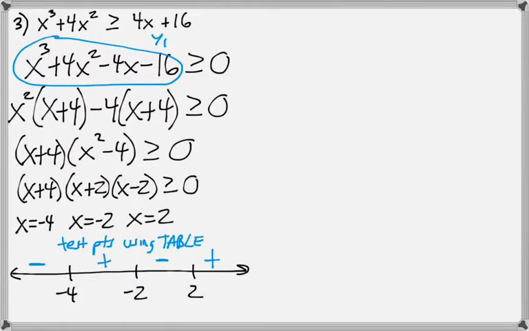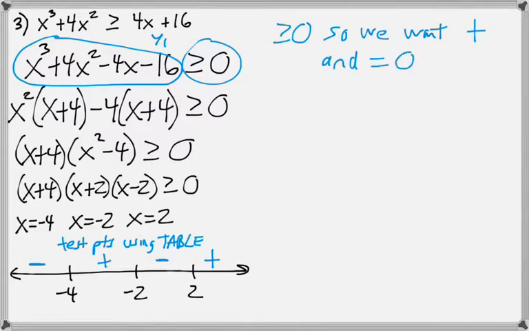Okay, so now I need to decide which regions I actually want to keep as part of my final answer. The greater than or equal to 0 is what tells us. So this says it's greater than or equal to 0. So we want the positive regions and where it's equal to 0. So I do want these regions,